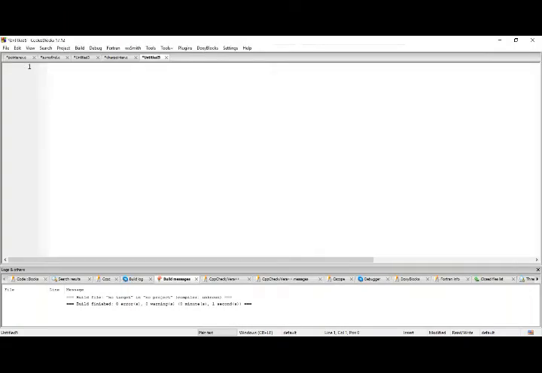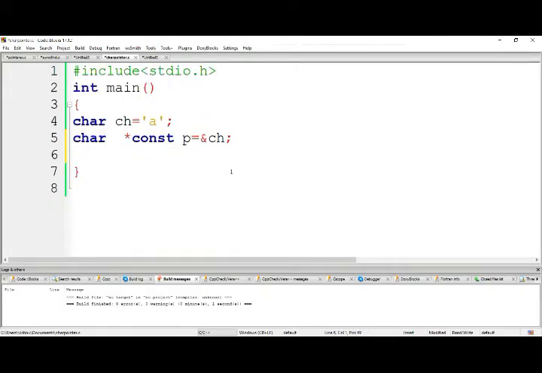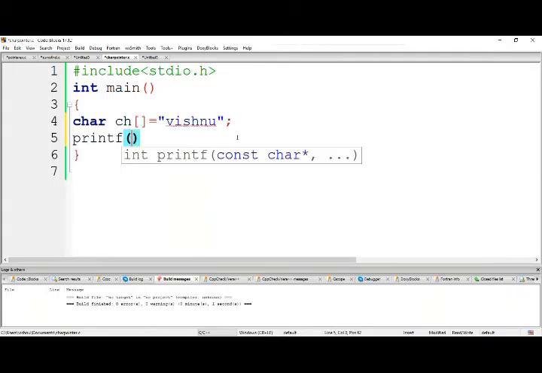What is the difference between, we can represent, let me write this one here itself. So in C language, we have a simple advantage here. Let me show you that one, how to write a string. You can store a string like this, right? Is it possible to store a string like this? Let me print this one. %s, comma ch, right?